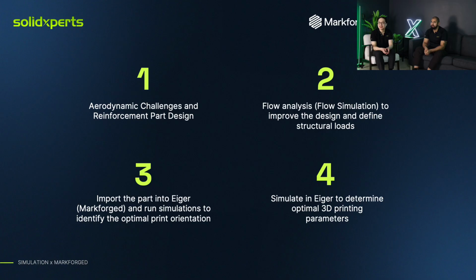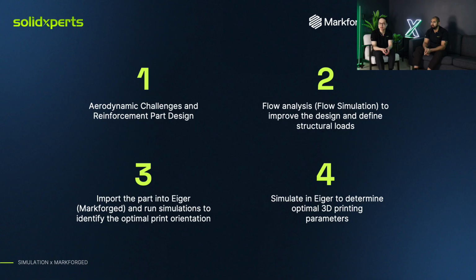So to recap our webinar, we started by talking about the challenges faced with our president's race car. And the solution was to design a reinforcement part, okay, without impacting the vehicle's aerodynamics. And it doesn't stop at design. We also have to manufacture the part. So it's a series of steps we have to perform here, including flow analysis, okay, to allow us to optimize the shape first, optimizing the part's geometry, and then finding the structural loads to take those values and plug them into Argus simulation. And it was thanks to our SOLIDWORKS flow simulation solution that we managed to create the fluid